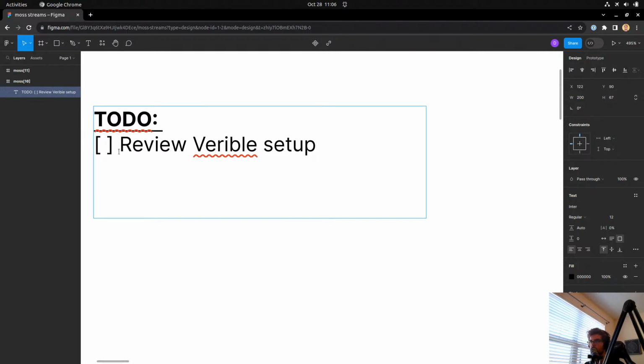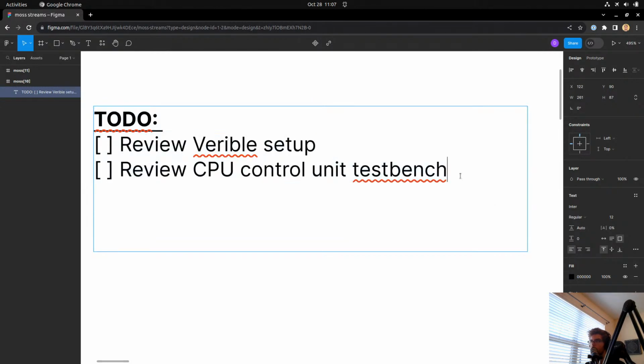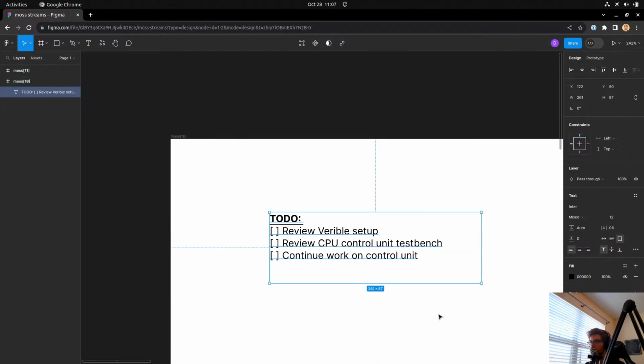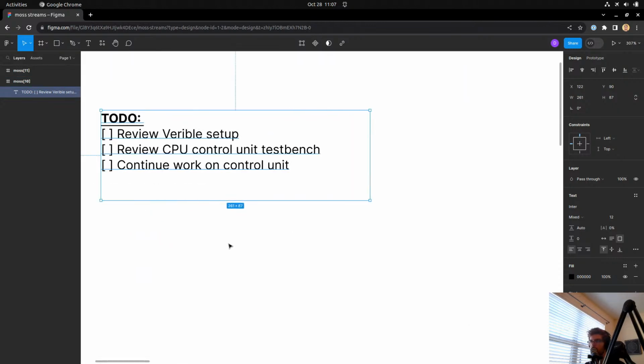Review variable setup and review CPU control unit testbench. And continue work on control unit. All right, so that can be our high-level goals for today, and we'll see what we go through.